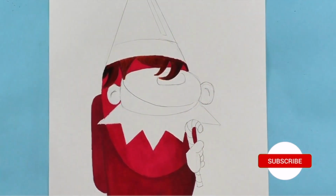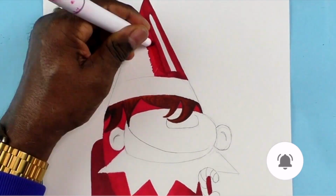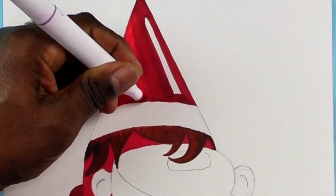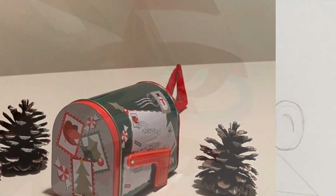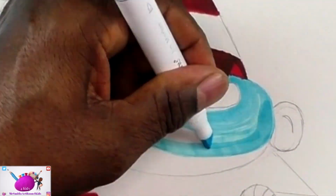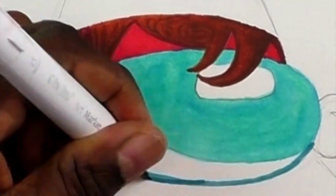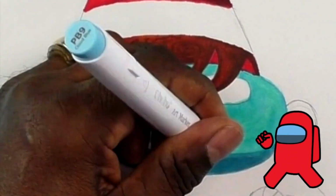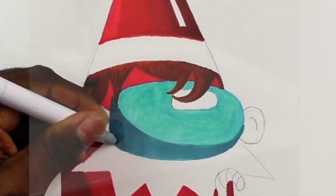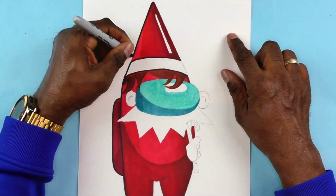The books were selling all over the world in various languages, and the elves were in various ethnic backgrounds too. And now they've become a mainstay in many families, schools, art rooms. I don't know what I would do each year without having Elf on a Shelf. It's something that my kids look forward to, and it has become a tradition in Mr. Smith's art room for kids. Anyway,